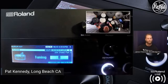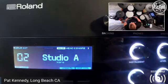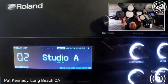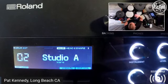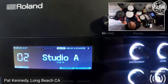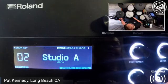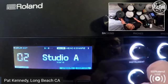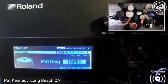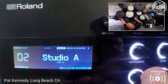It's kind of cool. As I just did that, it reminded me that you can do the drop of the beat thing where there's pitch. So you could actually do it in real time if you want to get super creative with it. Let me show you another one. So the muffling aspect, right? So here we have different choices. We have tape,